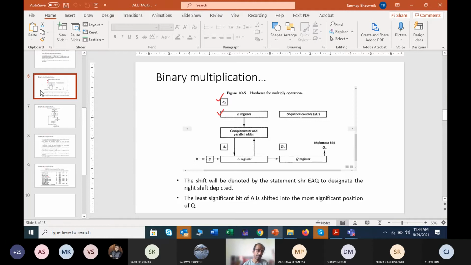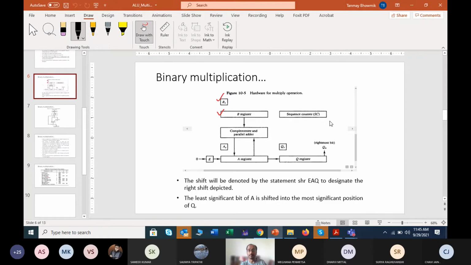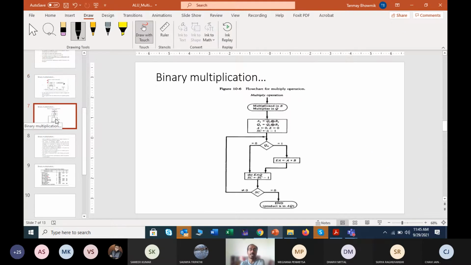Then we were taking one bit after another from the least significant bit position, and performing the addition gradually, right? So these things were done in the case of signed number multiplication. And what we put in the sequence counter at that time, we also discussed: in the sequence counter we put simply the number of bits present in the multiplier, right? And then we covered this flowchart, where we check how you will complete the multiplication part.